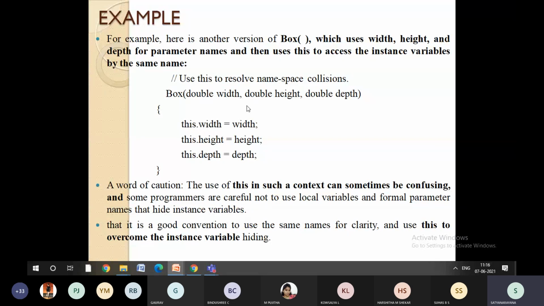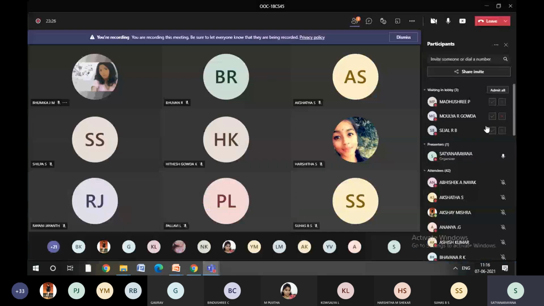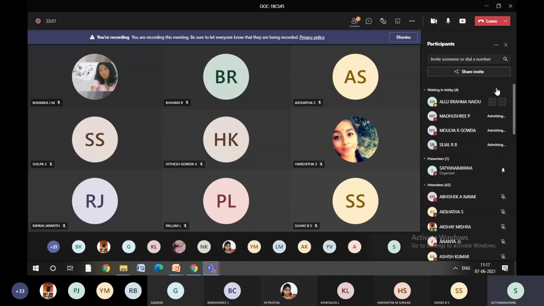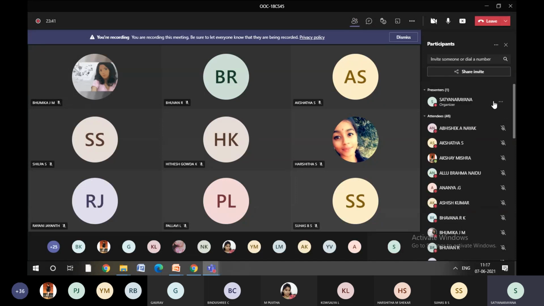Now what is going to happen? Whatever value is there for width will be stored in this reference. So what is the reference address for this variable? We don't know, and you don't worry about it. You are not going to worry about the reference address, because let the compiler decide whether to take this address or some other address. Your work is to use the this keyword and then start working with the instance variable hiding.